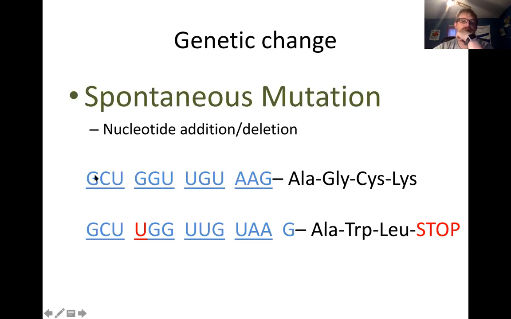So here again, here's your sequence. So here's your 3 codons, right? In this case, though, we have the addition of a uracil. We bump it in right between this uracil and this guanine. We add another uracil. And so you can see originally, here's your amino acid sequence. We add a nucleotide, and now we have a frame shift. And it is giving you different amino acids.